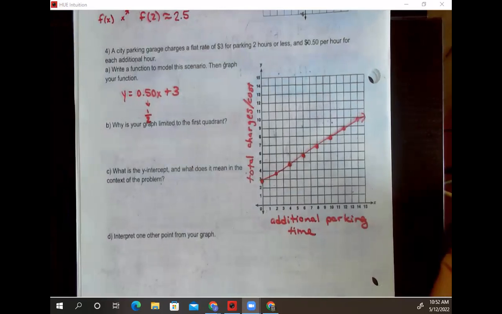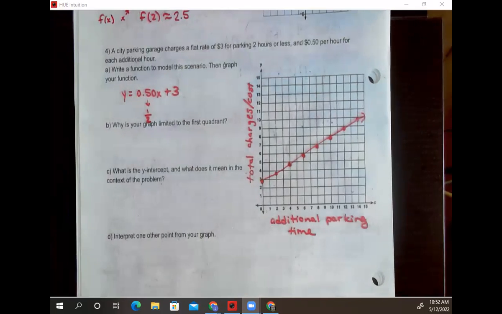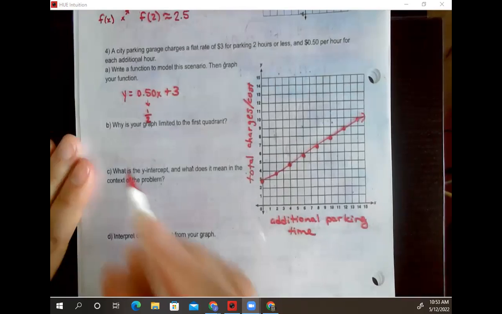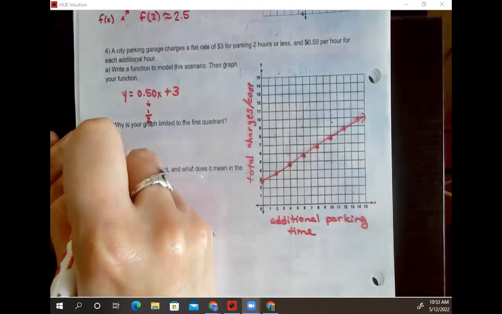Why is that all that we need? I want you to think about the values you would have in those other quadrants. We're talking about money and time, right? Does it make sense to say I parked for -4 hours? Not so much. And is my total charge for parking somewhere going to be a negative amount of money? No, like they're going to pay me to park in their parking deck? No. So you won't